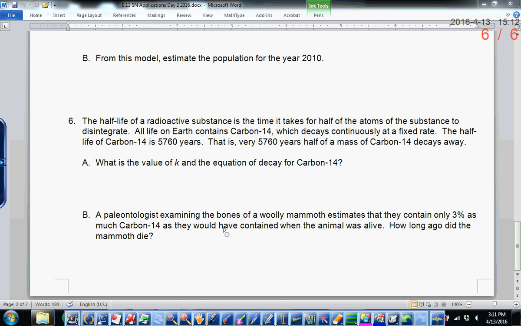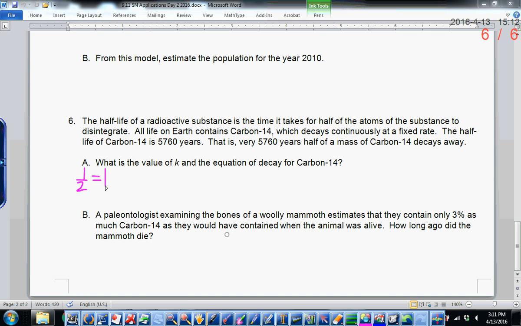Carbon-14 has a half-life of 5,760 years. So what that means is that every 5,760 years, half of a mass of carbon-14 disintegrates, okay? It's what carbon dating is based off when they find a really, really old fossil, okay? So we need to find the value of k for this equation so that we can write the equation of decay for carbon-14. So basically, we know that